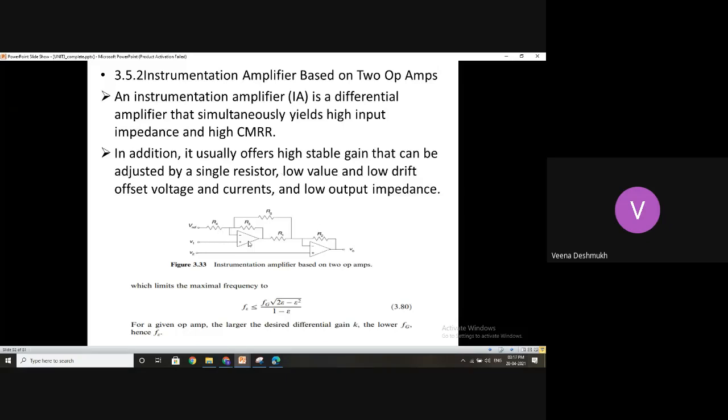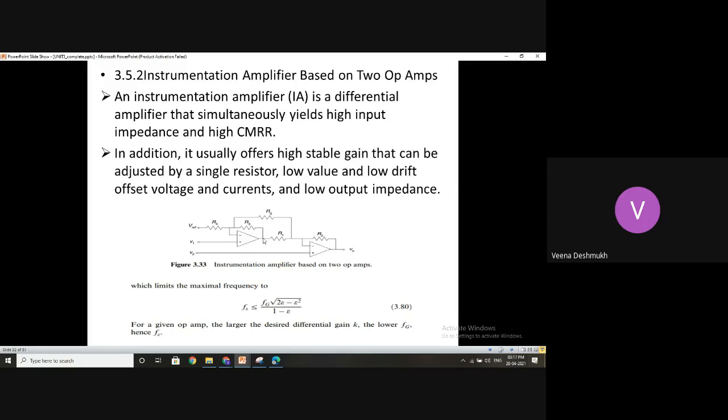Now in the first stage, see here, the feedback resistor is R3 and R4 is the input resistance. So if only you have the inverting voltage connected here, only Vref connected, then what would be the gain? R3 by R4 with a minus sign into Vref. But because you have V1 also connected here, what will be the gain here?